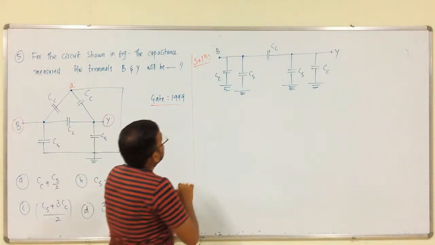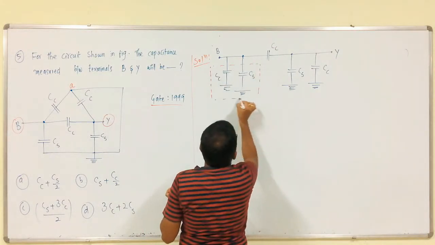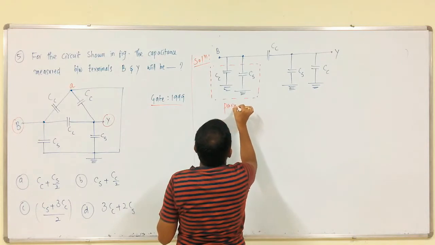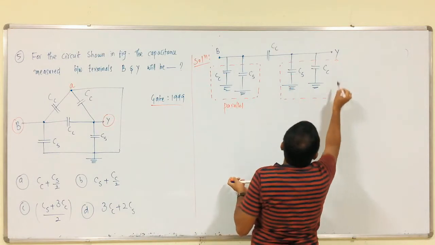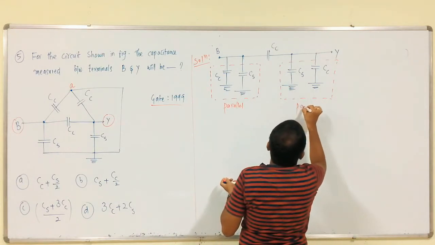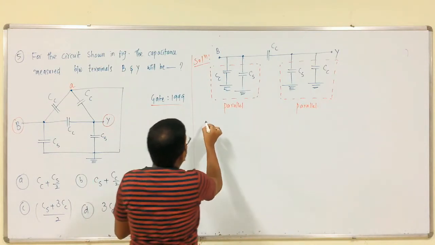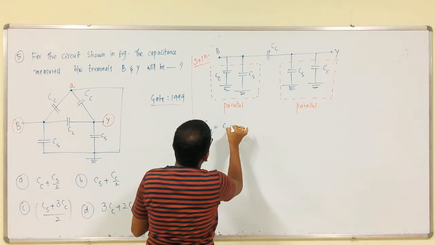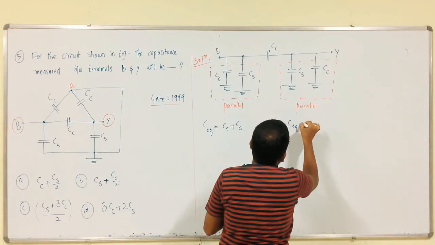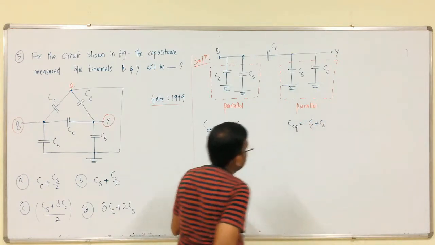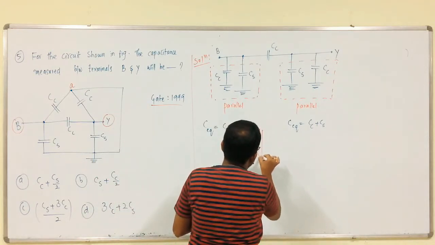We all know that these two are connected in what? Parallel, right? Again these two are connected in what? Parallel, clear. Therefore, what is C equivalent? That is CC plus CS. Here also C equivalent is what? CC plus CS. Therefore, the circuit becomes, from this circuit becomes,